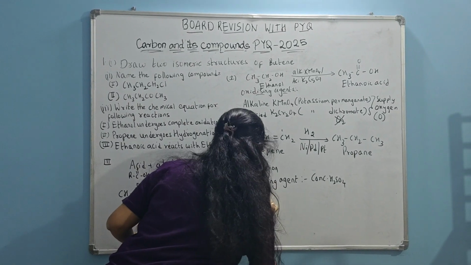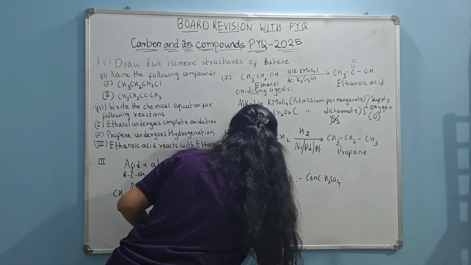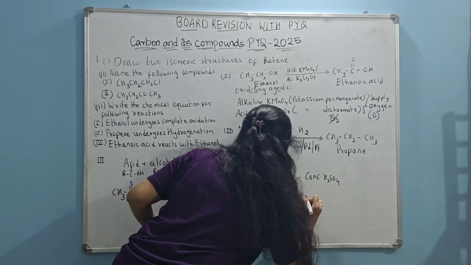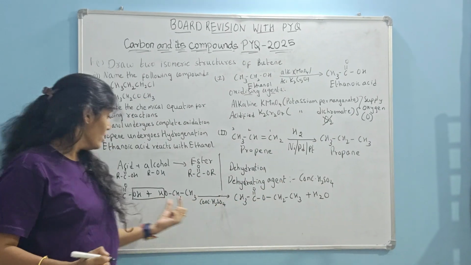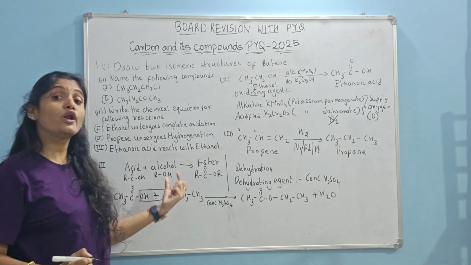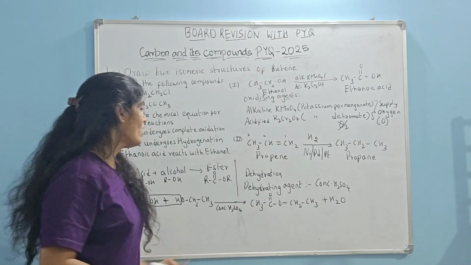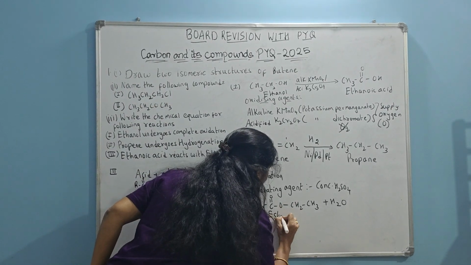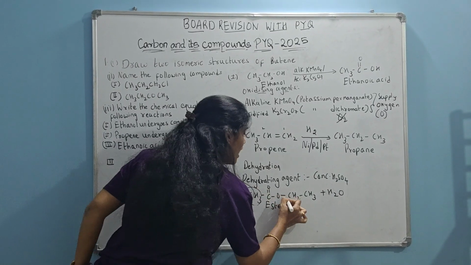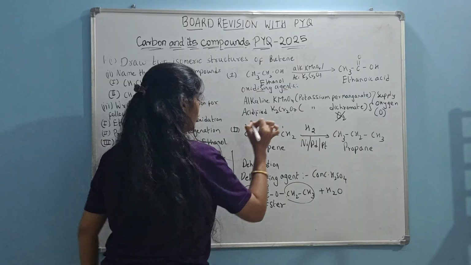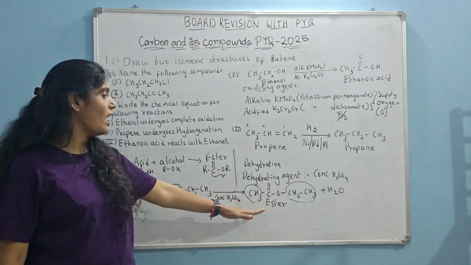You just combine the remaining atoms here. CH3CO, water molecule has been eliminated. I have one oxygen here, CH2, CH3, plus water molecule is getting eliminated. So this is your esterification reaction where ethanoic acid is reacting with ethanol. Hydrogen will go from ethanol, OH will go from ethanoic acid, H2O molecule will come out, and what do I get here? Ester. Can you see it is satisfying my general formula RCOOR? This is my one alkyl group, this is my other alkyl group, and I have COO in between. So this is the formation of ester from ethanoic acid and ethanol, and my ester is formed.